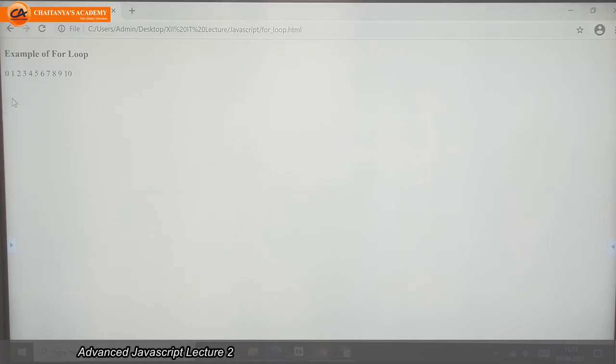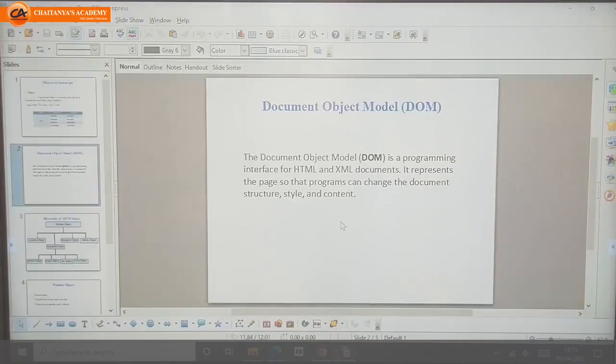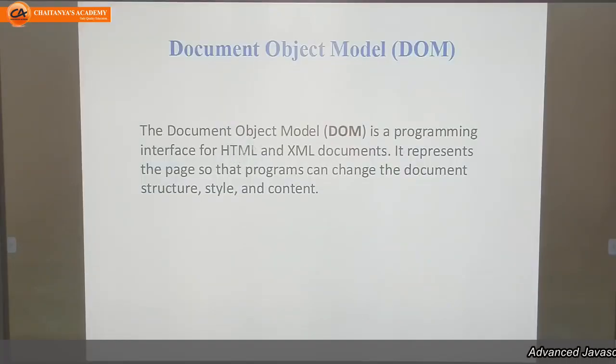This is a programming interface for HTML and for XML. The document object model is a programming interface for HTML and XML. HTML stands for hypertext markup language and XML stands for extensible markup language.